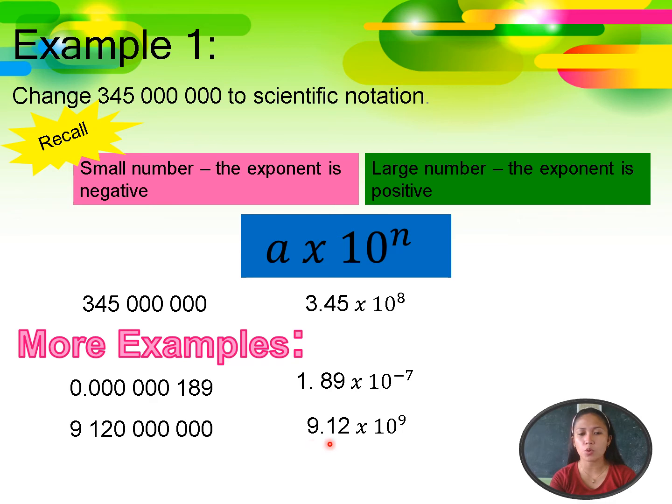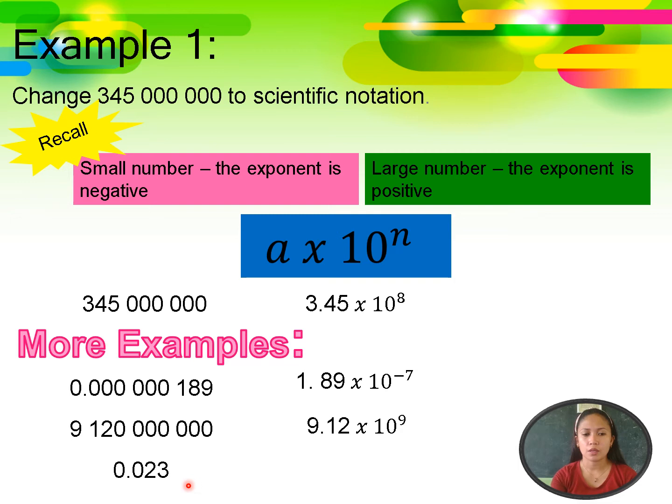So this is 9.12 times 10. 10 is constant. And where did we get 9? From the number of movements. 1, 2, 3, 4, 5, 6, 7, 8, 9. So that's 9. Next example,